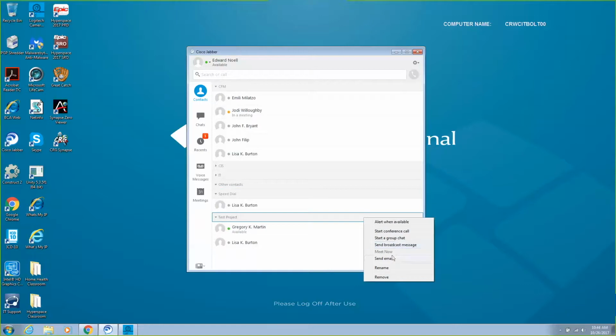I also do have the ability to send this group an email. So if I click